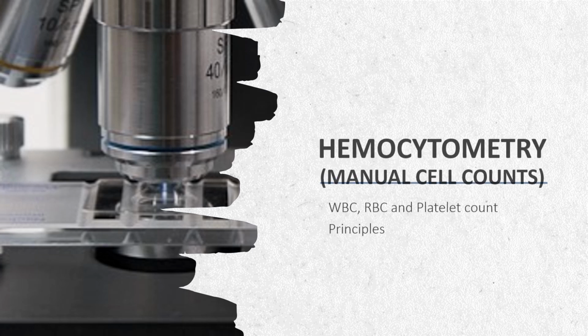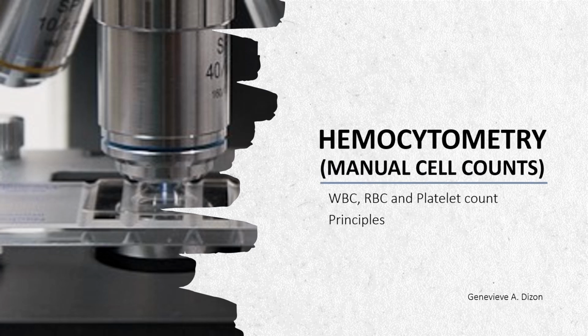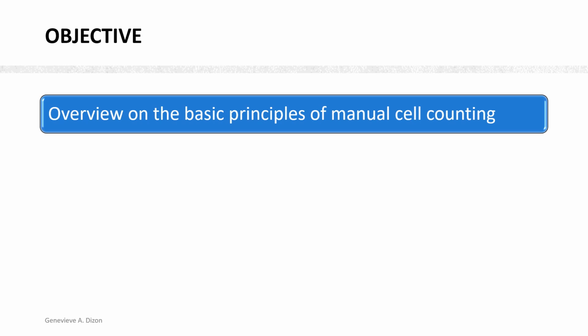This video will talk about the different principles of hemocytometry, which are manual cell counts of white blood cells, red blood cells, and platelets. The general objective of this video is to give an overview on the basic tests or principles of manual cell